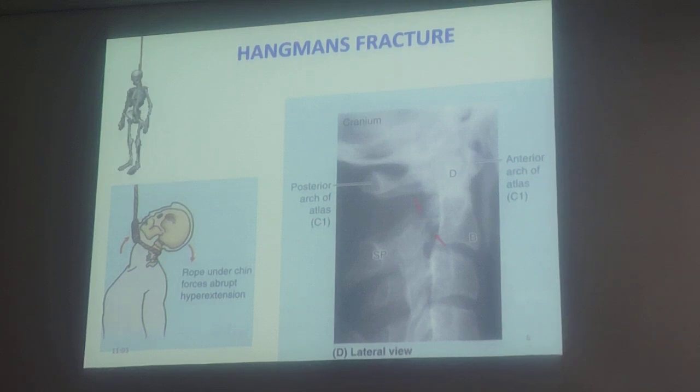Hangman's fracture. So hangings are of three types. One is called suicidal hanging, the other is called homicidal hanging, the third is called judicial hanging. In suicidal and homicidal hanging, usually the choke is on the trachea and the person stops breathing and thus dies. In judicial hanging, what usually happens is there is a fracture of the odontoid process